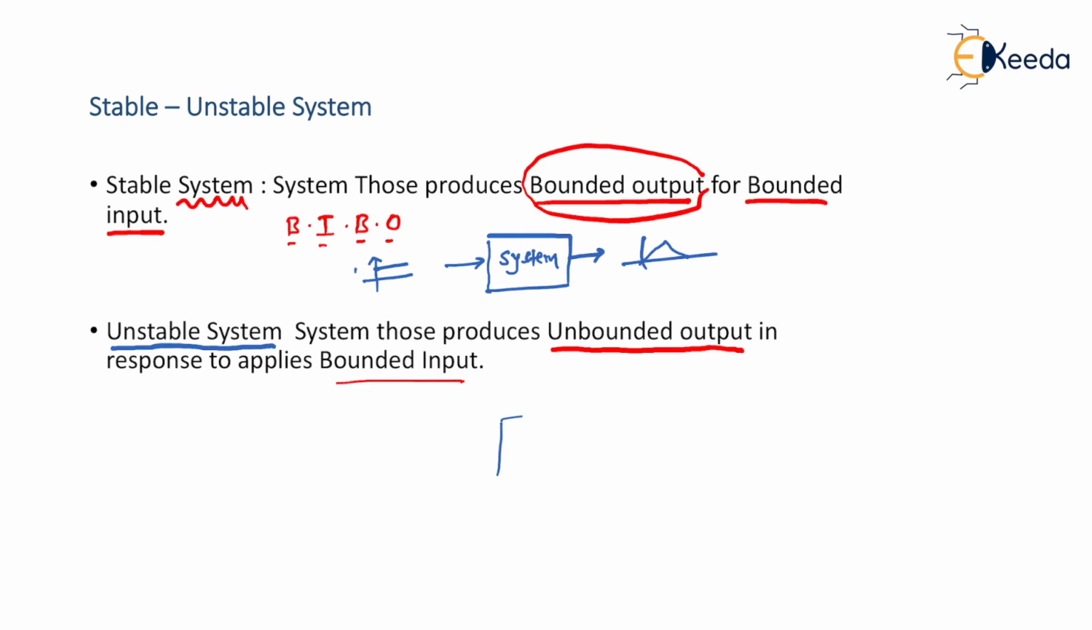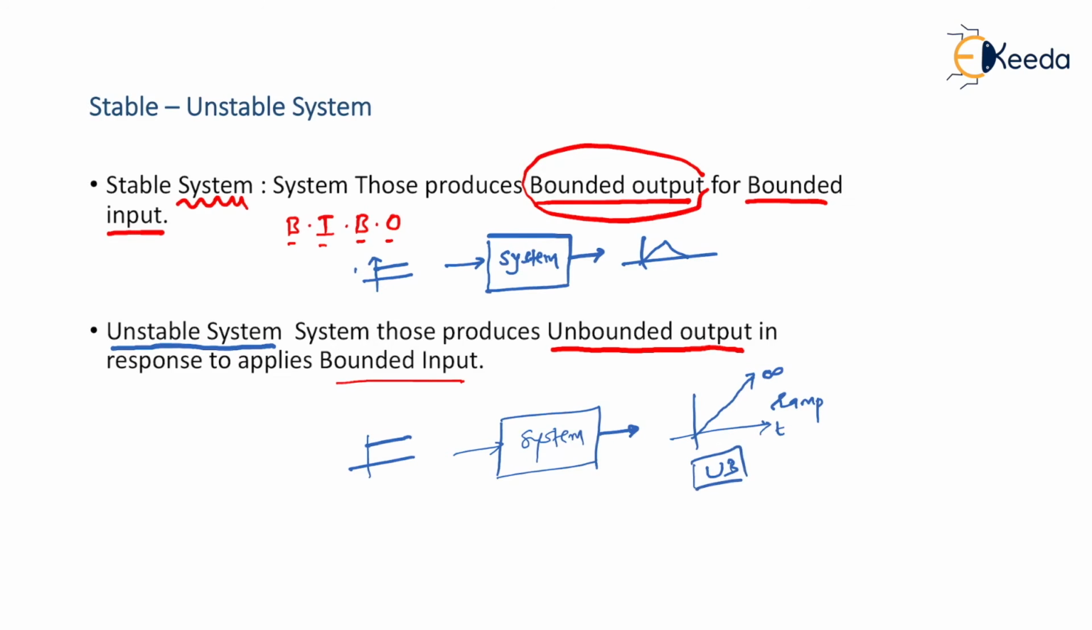See, unstable systems are those systems for which, let's say, some bounded input is applied, but then it is producing unbounded signal. Okay, because this is an example of unbounded signal. This is a ramp function where amplitude is increasing with respect to time. So at some point this is tending to infinity, and therefore output is unbounded category type. Input is bounded category type,